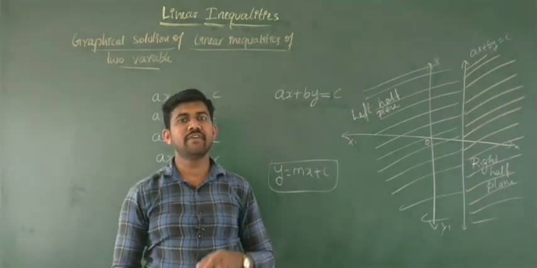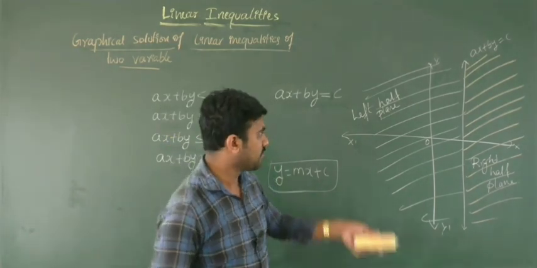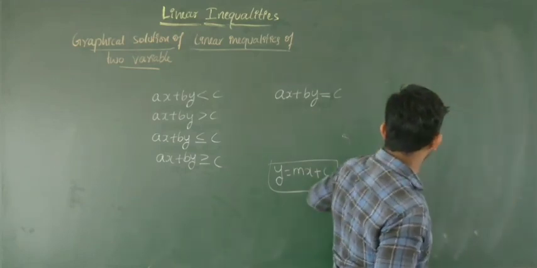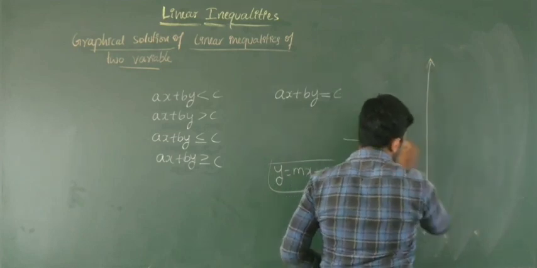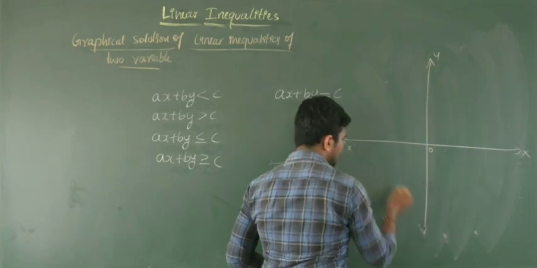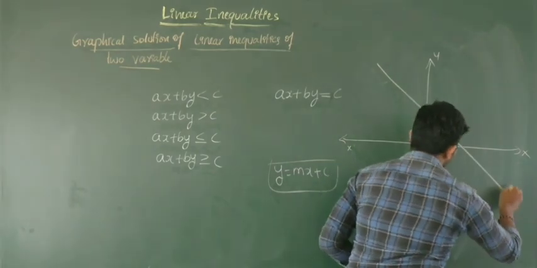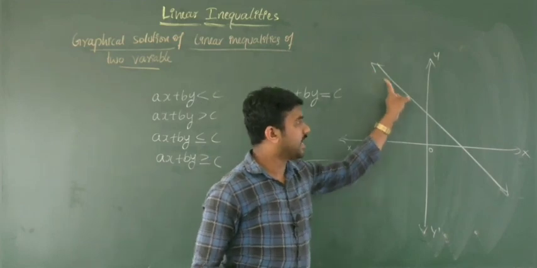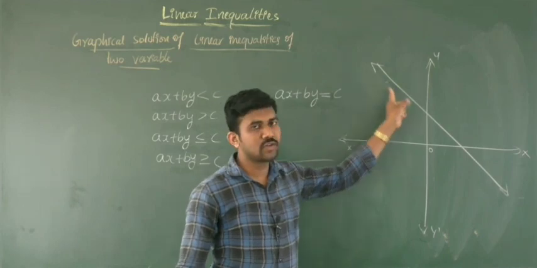Similarly, suppose you have a non-vertical line. Let me consider a non-vertical line in a plane. This is a plane, this is the origin, the y-axis, x dash, y dash. A non-vertical line means any line which is not vertical, it may be a horizontal line. Now in this case, again this line divides the plane into two parts. So what are the two parts we'll get?